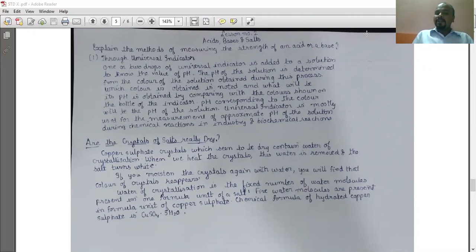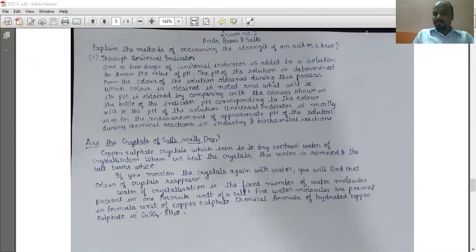Which color is obtained is noted, and what will be its pH is obtained by comparing with the colors shown on the bottle of the indicator. The pH corresponding to the color will be the pH of the solution. Universal indicator is mostly used for the measurement of approximate pH of the solution during chemical reactions in industries and